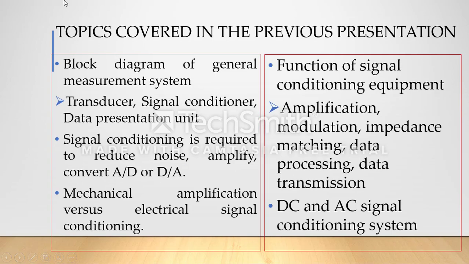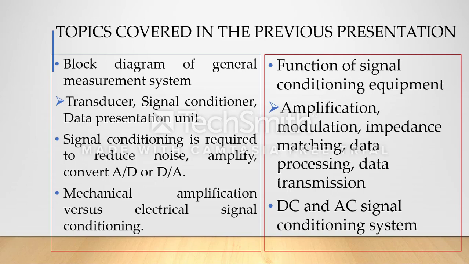In the previous class I had given you some topics to learn on your own, for which I put up a presentation on signal conditioning systems. Mainly, why do we need a signal conditioning system? Usually we have sensors at various places, and if we take the output from these sensors and give it for reading or measurement, we need to amplify it, because the sensor output will be of low amplitude.